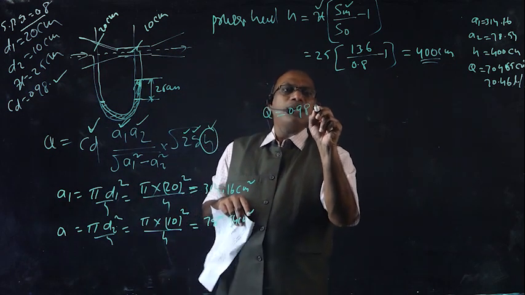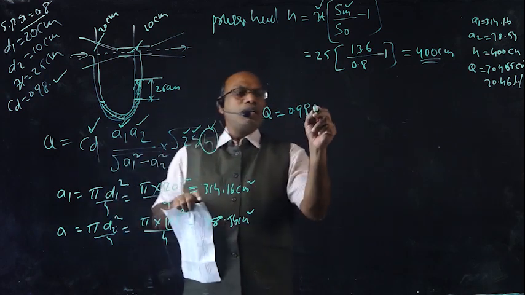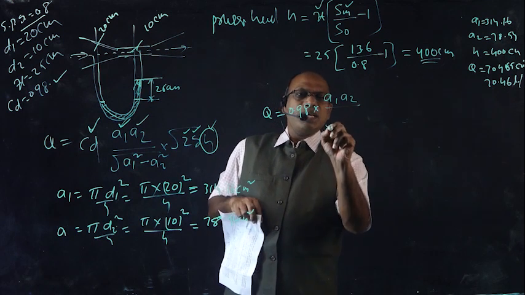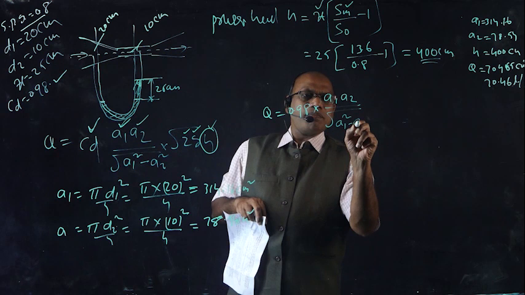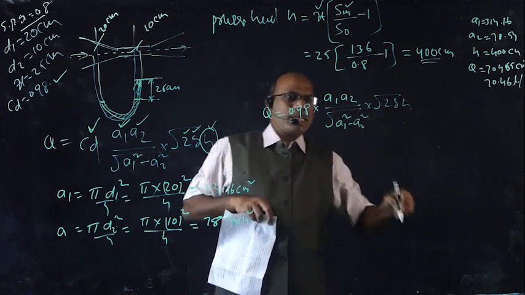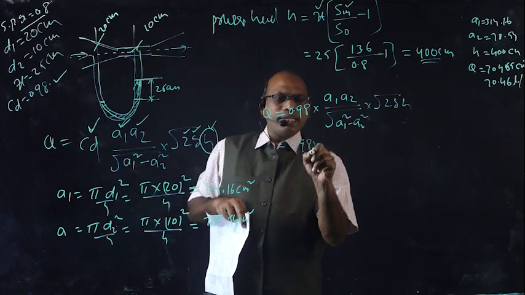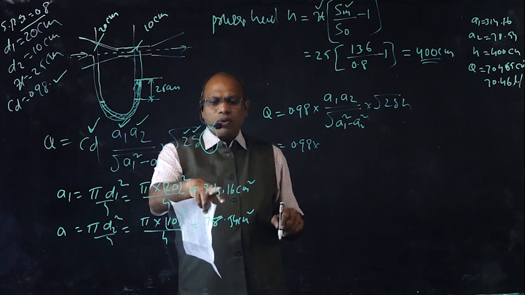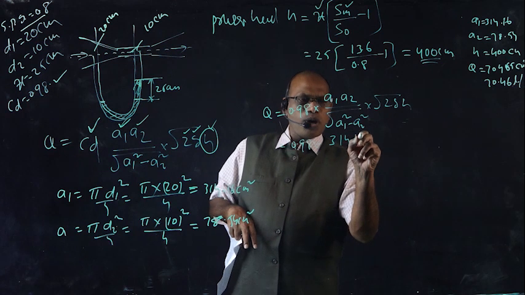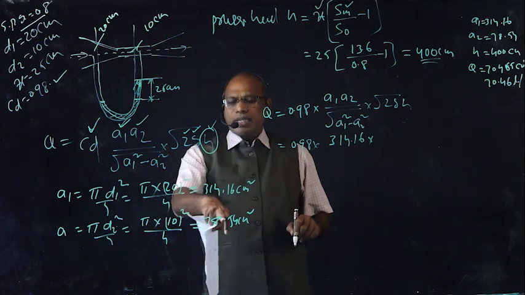0.98 into A1. What is A1? First you note down the formula: A1 A2 divided by square root of A1 square minus A2 square into root 2GH. Right? This is equal to 0.98 into A1, which is 314.16 centimeter square, and A2 is nothing but 78.54,